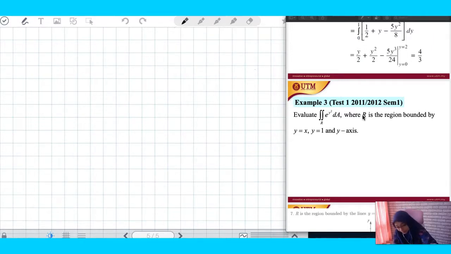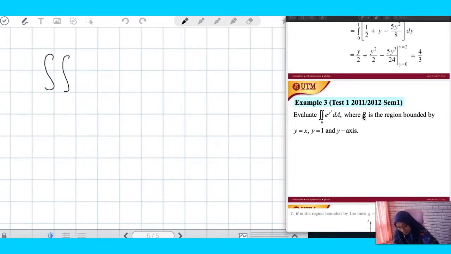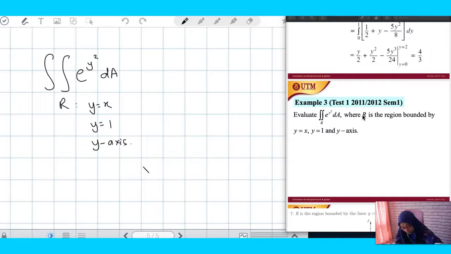We have the integrand e to the power of y squared dA over the region R, where the region is bounded by y equal to x, y equal to 1, and the y-axis. So now you need to